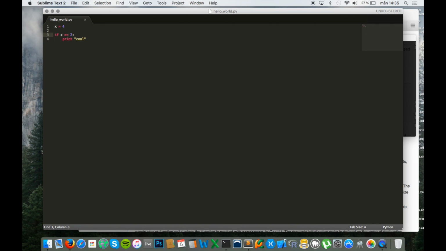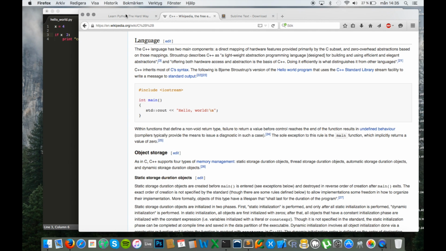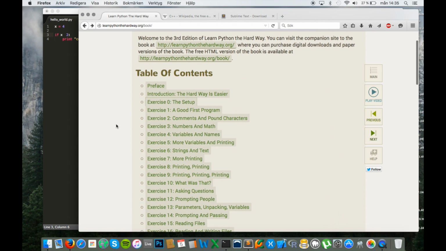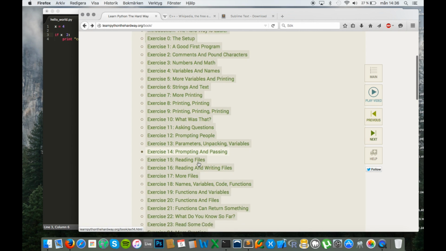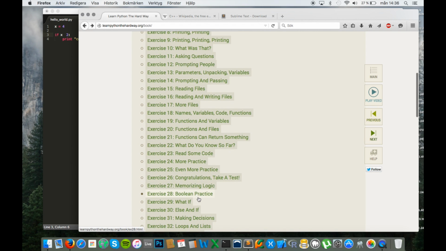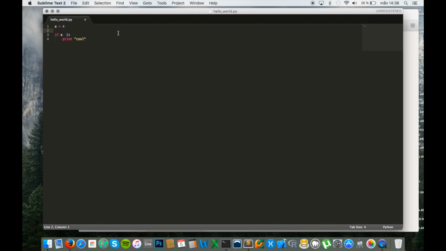This is kind of why if statements have a Boolean perspective in them, because you always do the if something is equal, more than, or less than, or not equal to. You can go through all the different ones in the section on Boolean practice, memorizing logic. In 27, 28 you will learn a lot more about the Boolean logic.